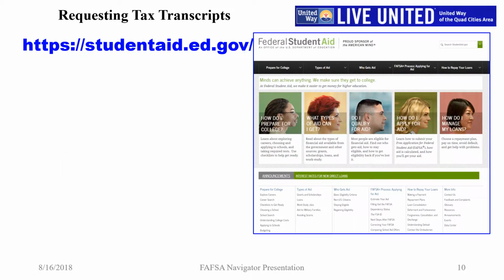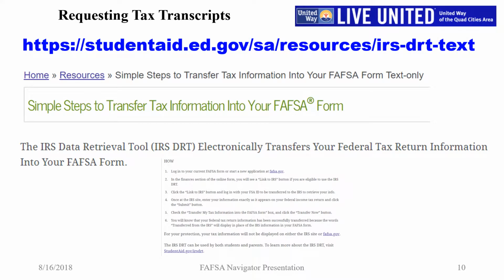In order to learn more about the IRS Data Retrieval tool, we can read about it at the U.S. Department of Education's Student Aid website at the address shown on the screen. In the Resources section at this web address is information on how to use the online FAFSA tool to electronically retrieve the current tax return data into the online application. Thank you to the IRS Data Retrieval tool.